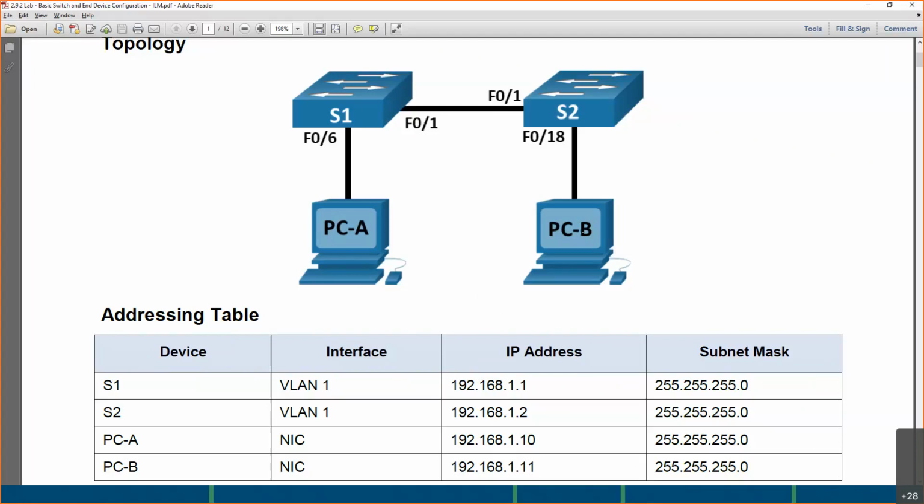You have to create a basic network consisting of a PC connecting to another PC, by using two switches. And you have to do this on Packet Tracer. And here's the topology, and here is the IP version 4 addressing that is given to you. So in switch 1, you have to create a VLAN 1, and this will be the IP address. In switch 2, here is your